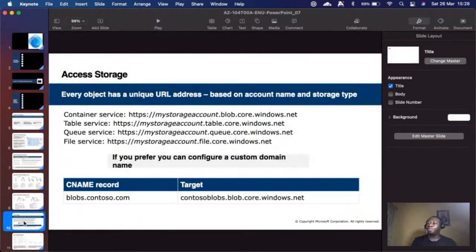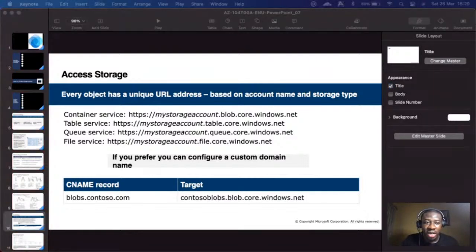All right. Looking at Azure storage, a lot of people come to meet me and they're like, oh, how do you actually access these services? The thing is, when you have any data stored in your storage account, with the right key, you can actually access those data. So let me show you what I mean. Just a minute. Let me pop up my browser and show you an example of what I mean.